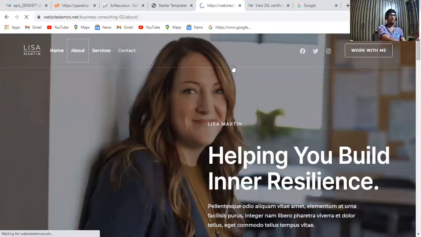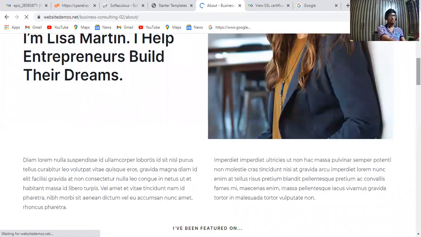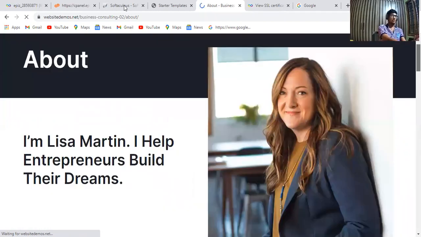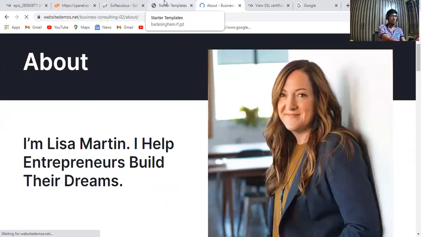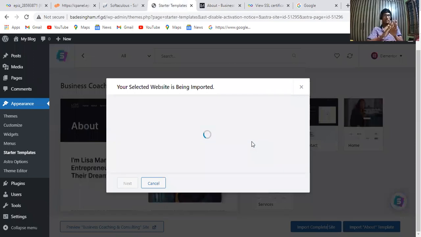Let's see. These all are the examples that are shown in this theme only. So I'm directly going to select this theme. Let's click on Import Complete Site.